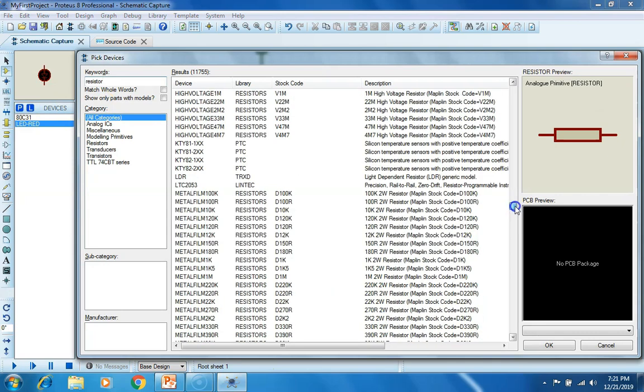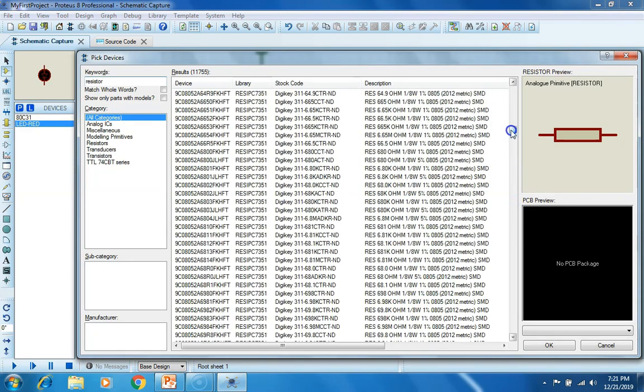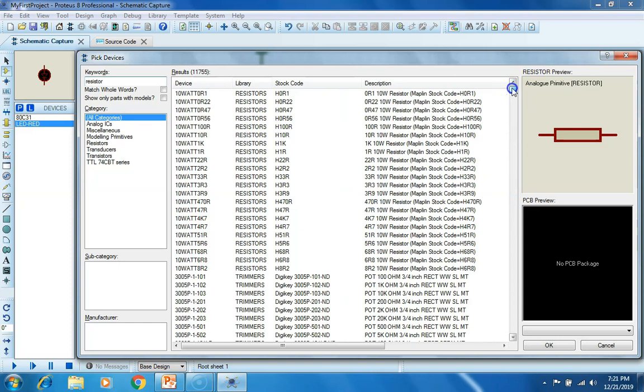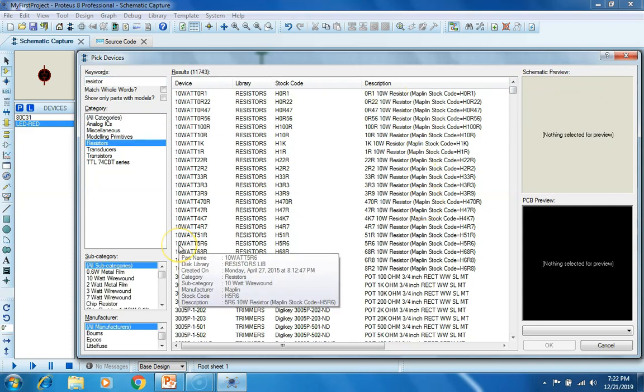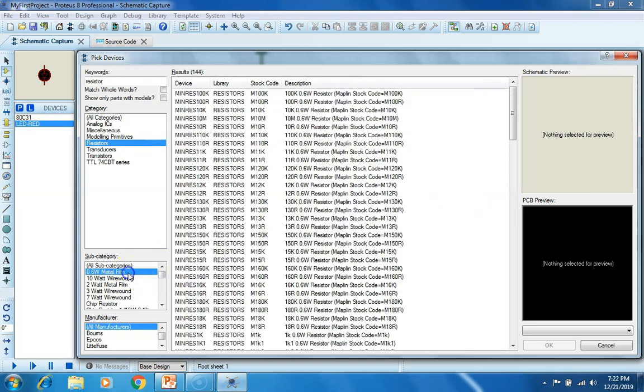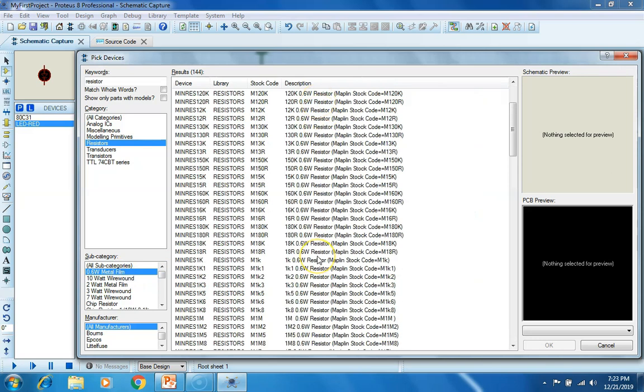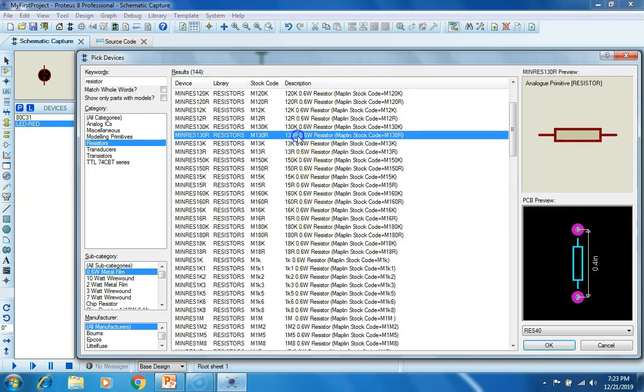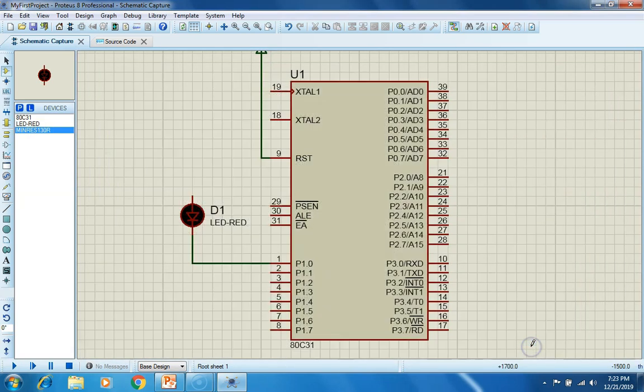A list of resistors will appear here. Click on resistors. Select the 0.6 watt metal film resistor. For the time being, let us select this resistor. Click on OK.